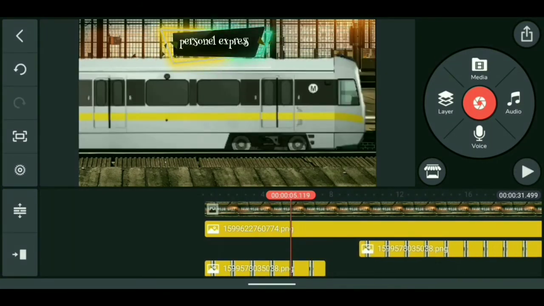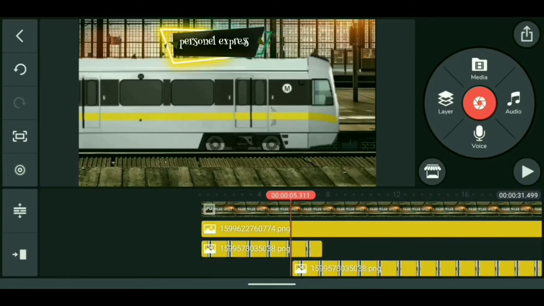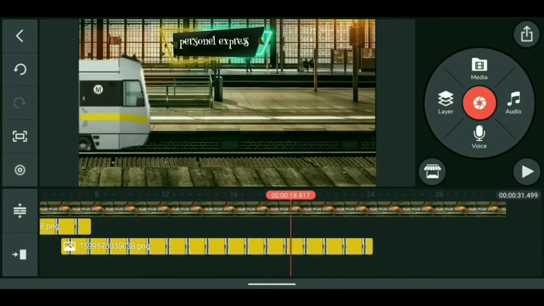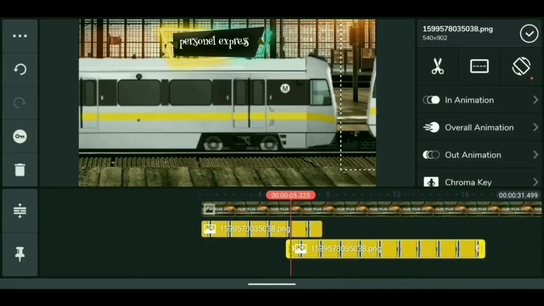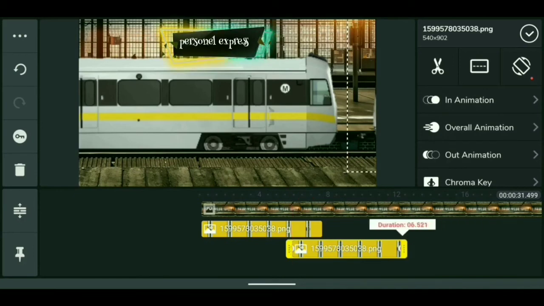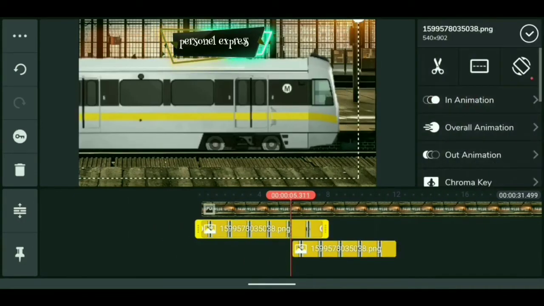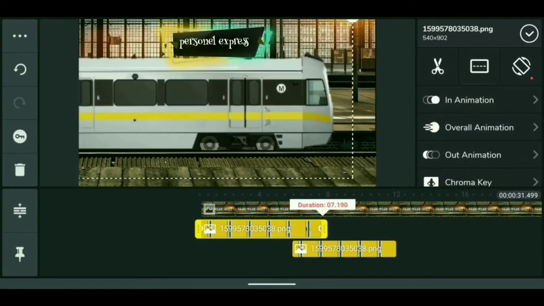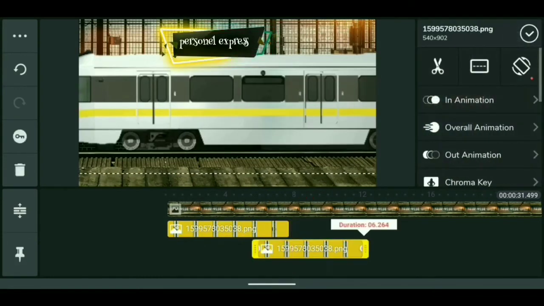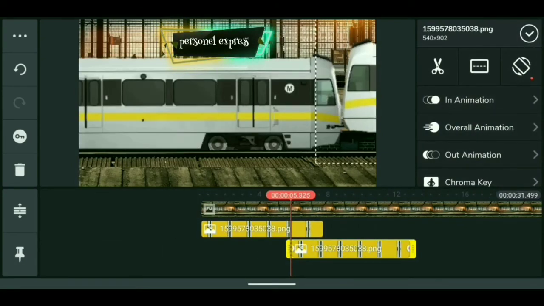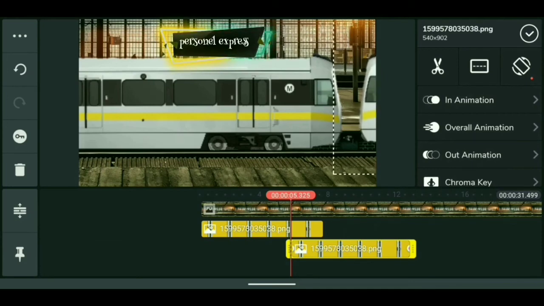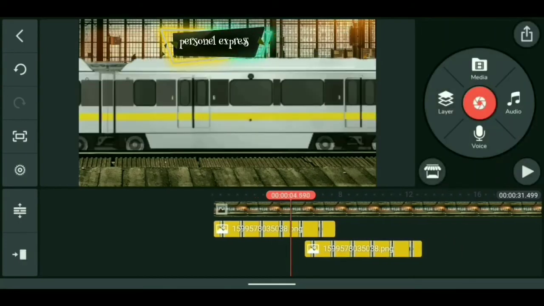So to finish up with our train, we will bring the next box widget in front and then reduce its duration. So here we will first see what is the duration of the first one. Similarly, we will check the duration of the second one. Make sure they both have the same duration and then we will set it in a way such that they seem to be connected.